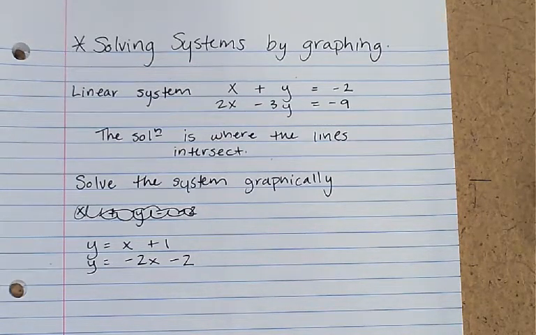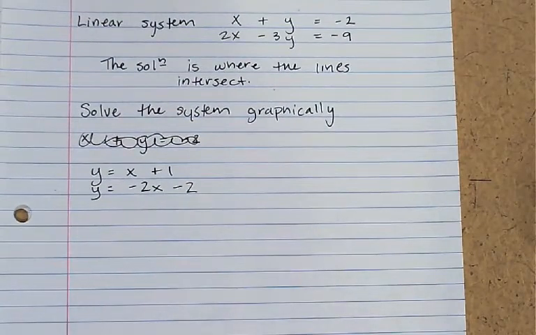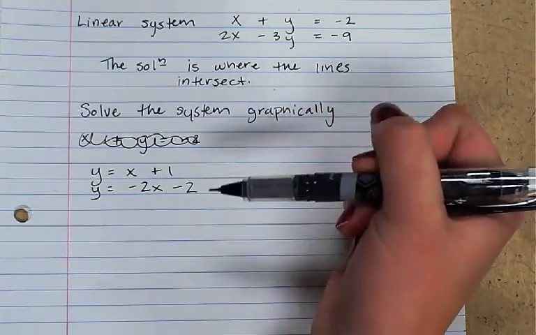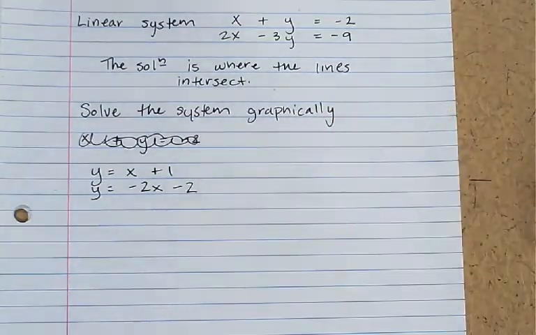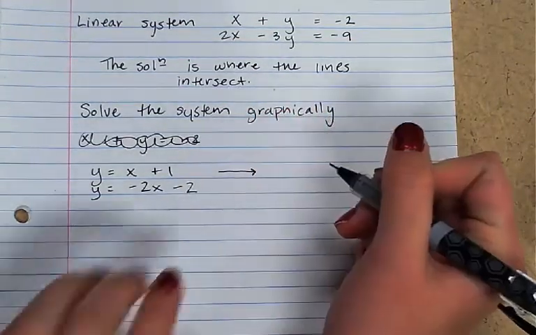So I'm just going to do a couple of examples here. The first one says solve the system graphically. Our equations are y equals x plus 1 and y equals 2x minus 2. I noticed in the Edgenuity videos they did a lot of graphing using intercepts. You can do that if you want to. When it looks like this, I prefer to do slope-intercept form and just plot the y-intercept and then count the boxes for the slope, if you will. So for our first line here,